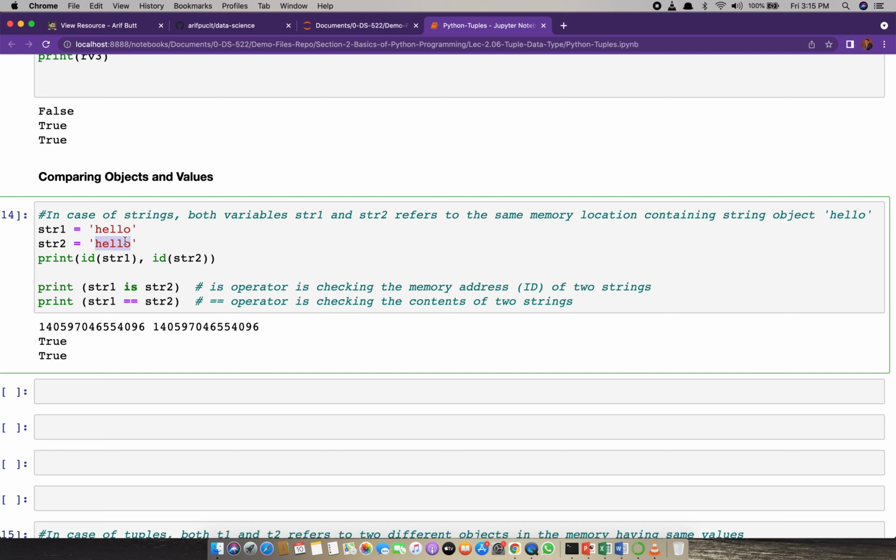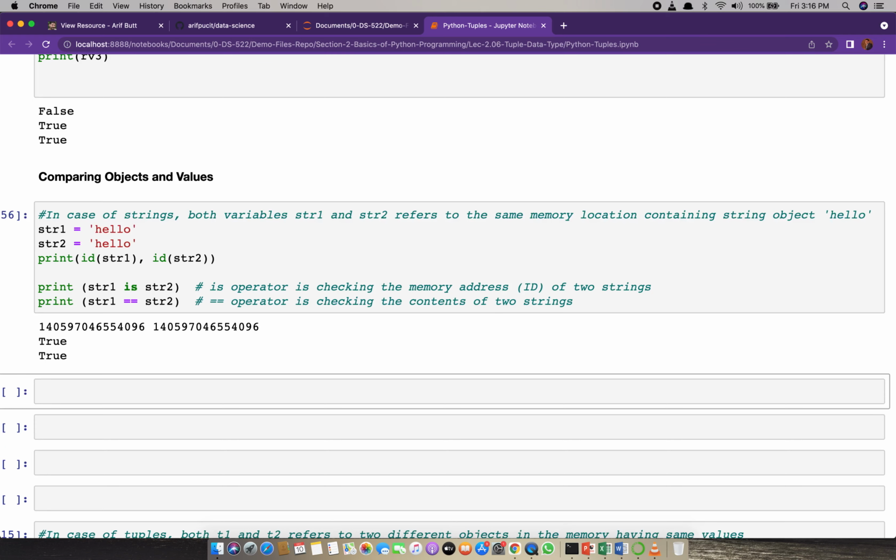So there is only one object inside the memory. That's why str1 and str2 both have the same index as shown over here. The point to be noted is that the is operator works on the IDs, and the double equals operator works on the contents. So over here in both cases we get a true.